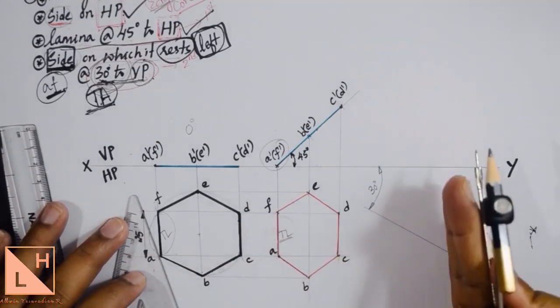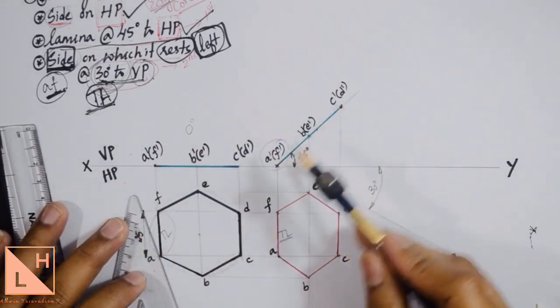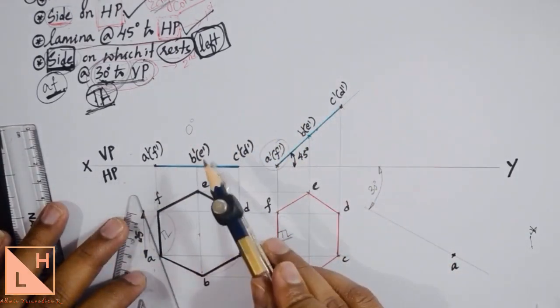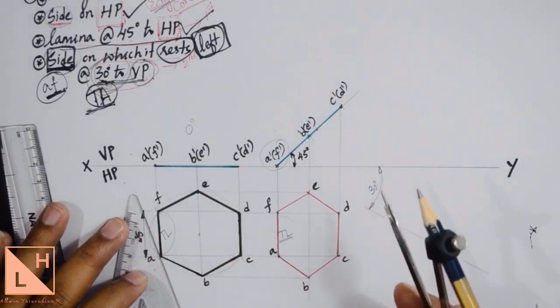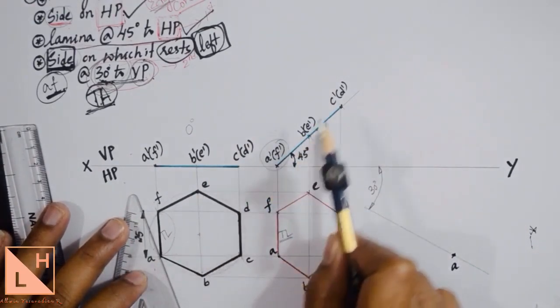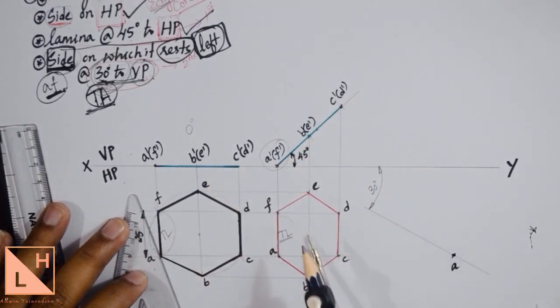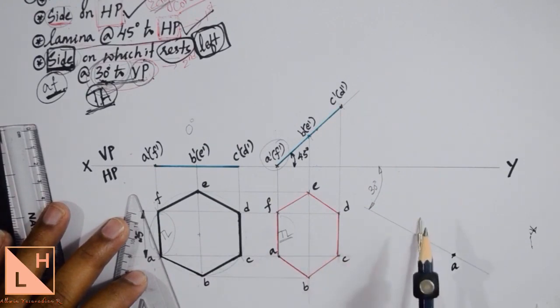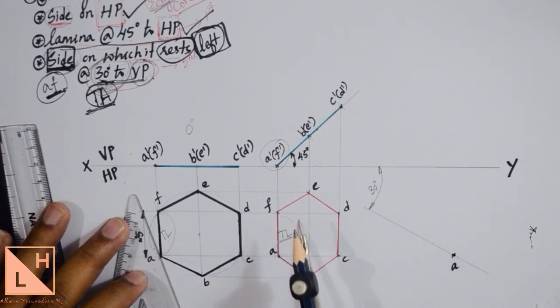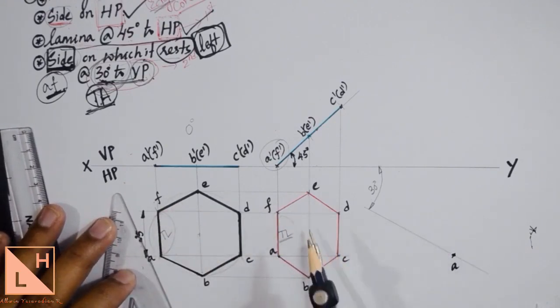Remember, for the third position you will refer to the second. To complete the second position, what we did was refer to the first. For every next position, you just need to refer to the previous one. So here the second position was obtained from the first position. Now I am inclining this hexagon to 30 degrees. I am drawing the third position, so take the measurement from the second position, not the first.